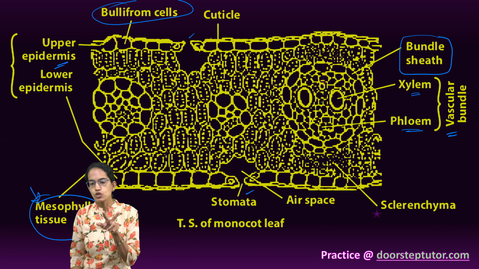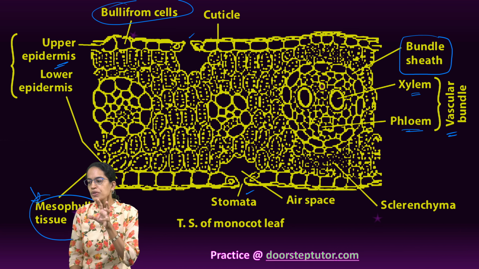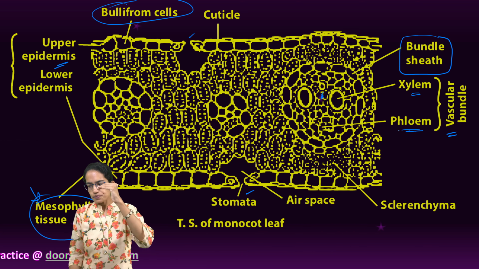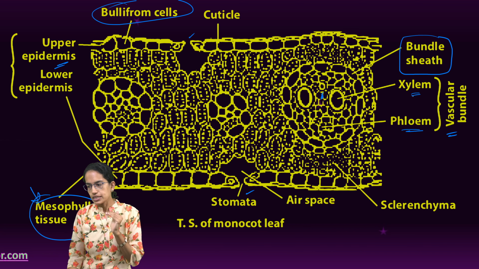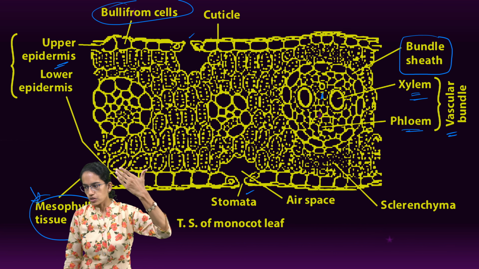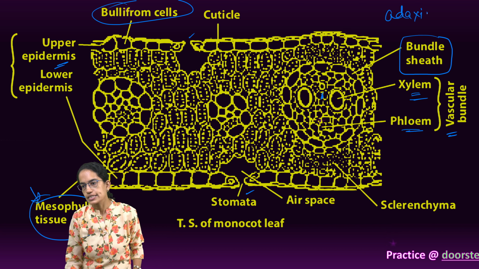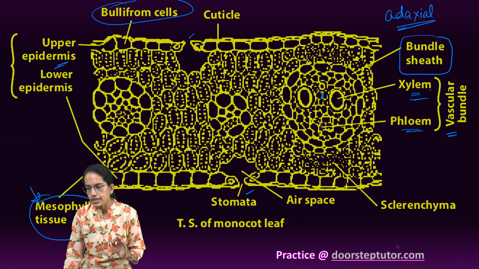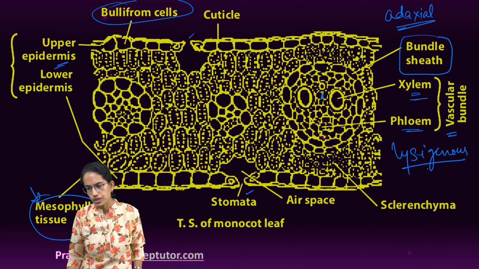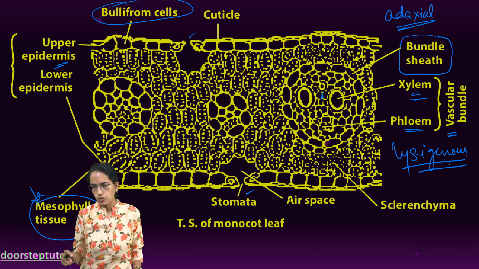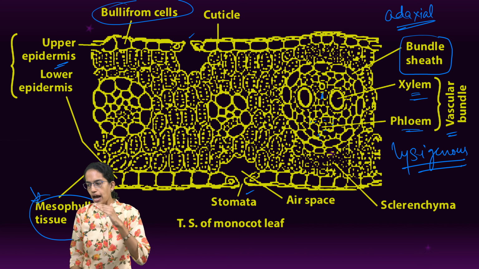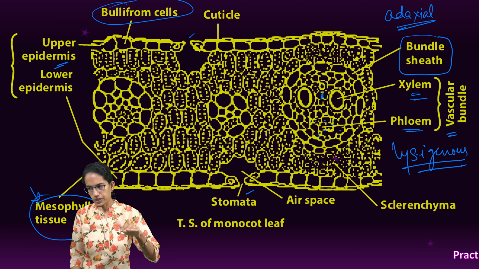Now xylem consists of two pitted vessels which are oval in shape, and in between them is present what is known as tracheids, as we know. Another important thing is that within the xylem, protoxylem is present on the upper side. Since it is present on the upper side, that is also known as the adaxial side, and this protoxylem is represented by a lysigenous cavity. Clear? The next important thing we need to understand is there are smaller bundles which are present below the xylem and phloem, and they are present on the lower side of the epidermis.